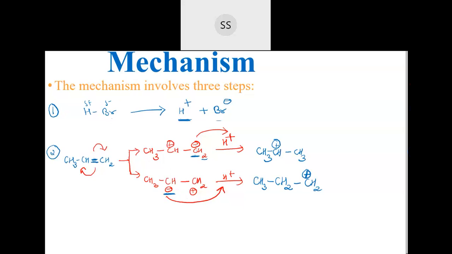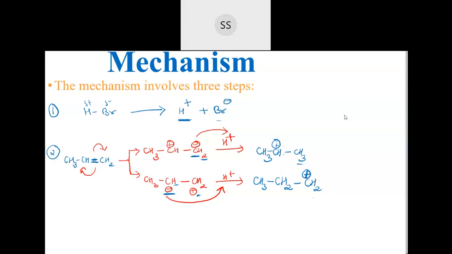So this CH2 will get converted to CH3 after taking that H plus. And here, this CH minus, which has the negative charge, will take H plus. One H was there, now it takes another hydrogen, so you get CH2, and this carbon will have a positive charge. Now we have got carbon with positive charge. What do we call a carbon with positive charge? We call them carbocations. These two are nothing but carbocations.